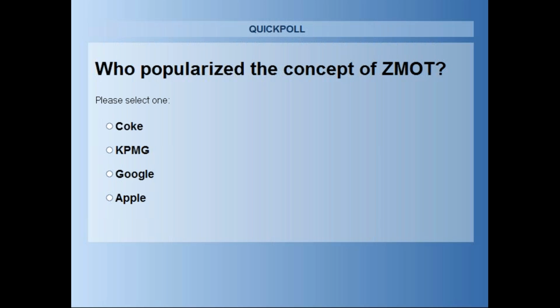ZMOT essentially is the zero moment of truth, and you start searching in terms of